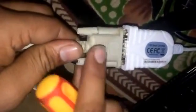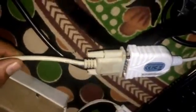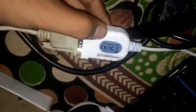I have connected this port. This port is used to connect this port. That IC MAX232 is used to connect this port. A serial to USB converter I have used here. This Prolific serial to USB